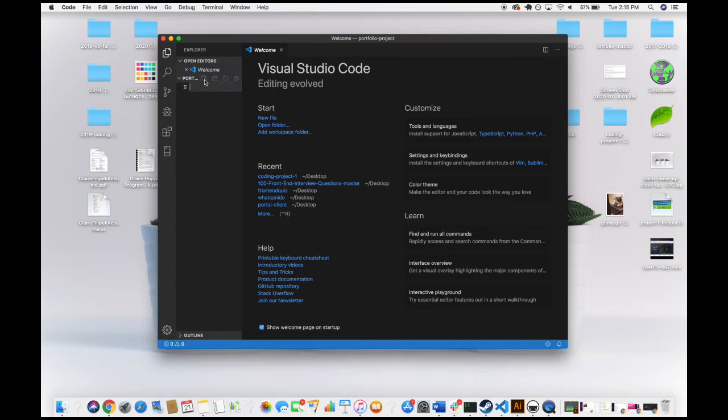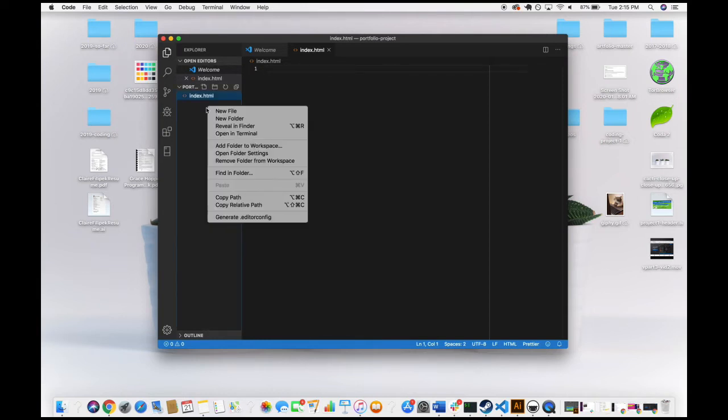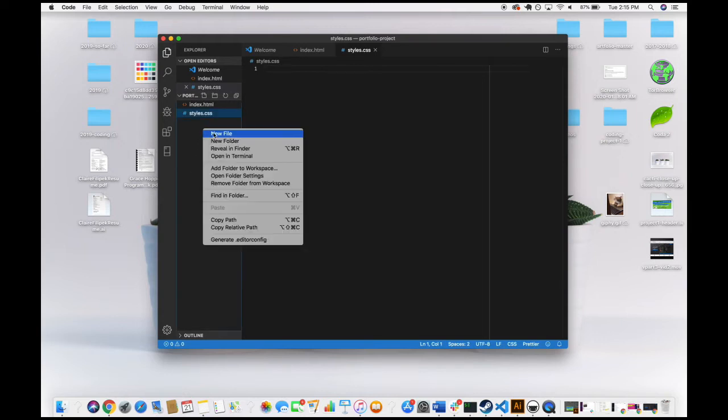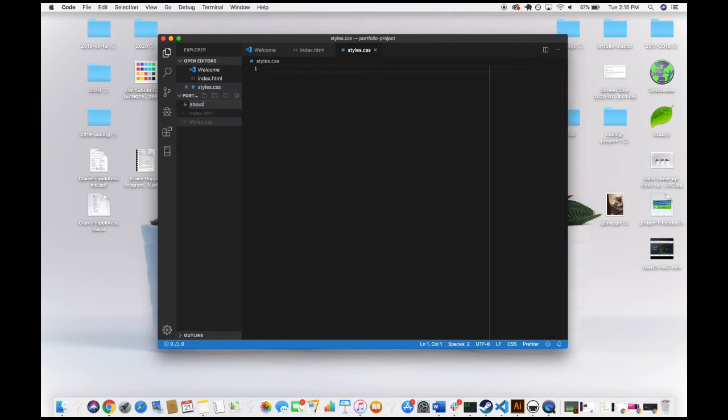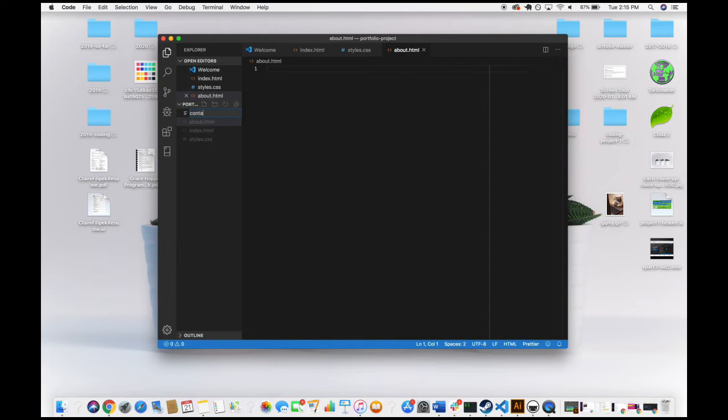So just to start off, before we zoom in, I'm going to create an index.html. That'll be our home, and you always start with an index.html. That's just the way the web works. And then we're going to make our styles.css, again, another naming convention. And then let's make our other pages. So we know we're going to have an about page. You can name them whatever you would like. This actually, you do want to name it a proper name because if you go to this website, maybe it's like my name, like clairephilippak.com, then it'll go /about here. And then we also want a contact